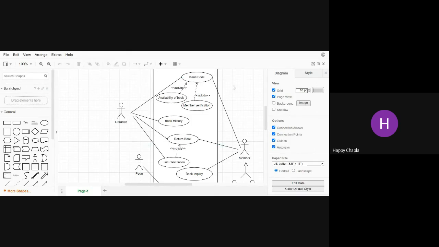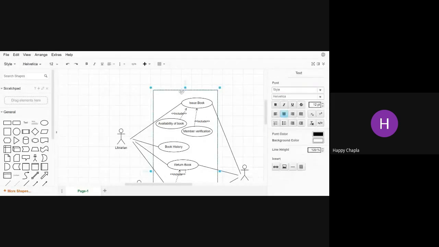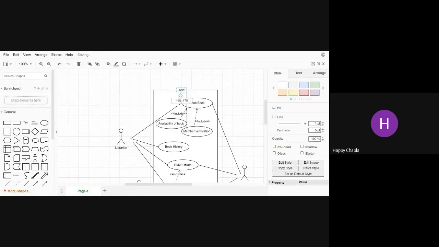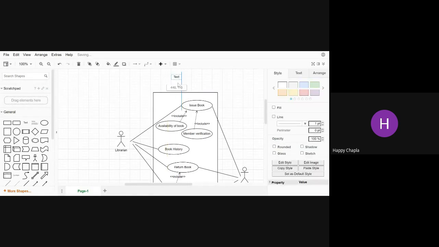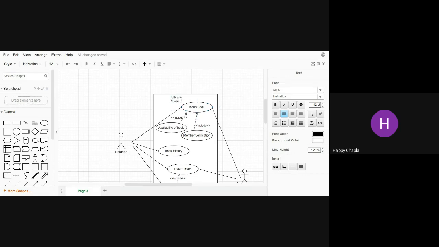How can you do this? Here, this is my entire system. So I can write inside this which system I have: library management system.